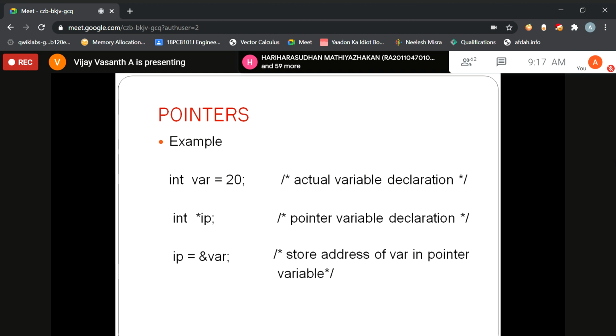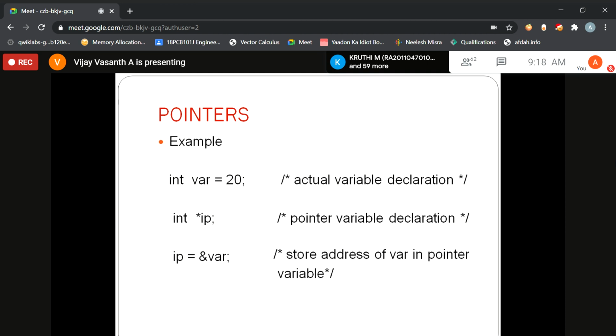Now the next is int star ip. This star ip is the way we declare a pointer. If I am declaring int star ip, it is a pointer declaration.